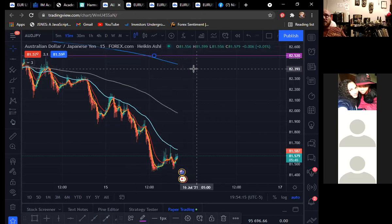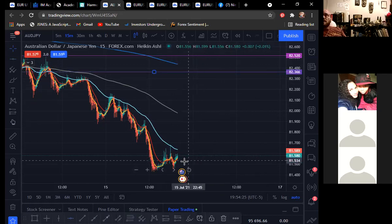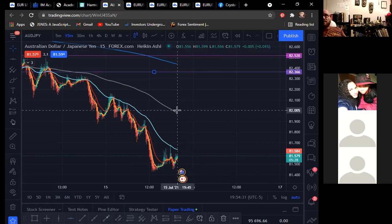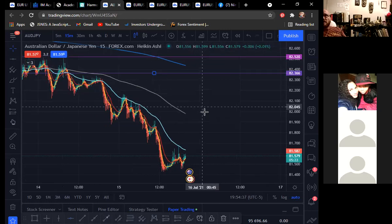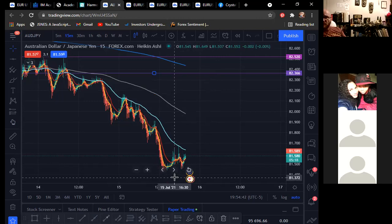But to me, if I'm entering this trade, I'm going to be setting my take profit more around this area here. When I enter the trade, I'm going to watch for it. I'm going to wait for it to break the 50. I'm going to watch it stumble at the 200, and then I'm going to set my take profit down here at the 800 EMA. My stop loss is going to be at my break of structure,